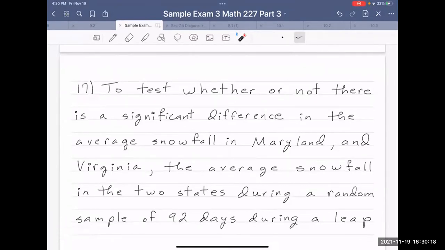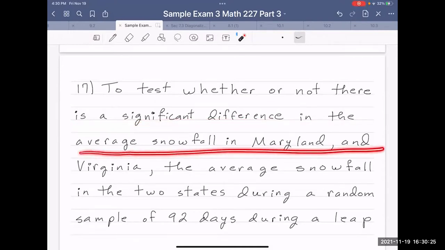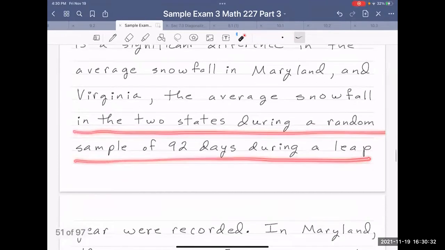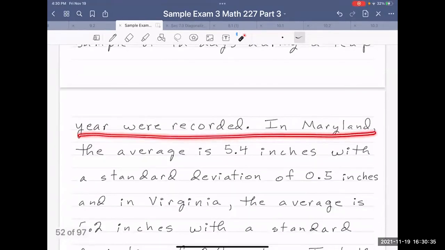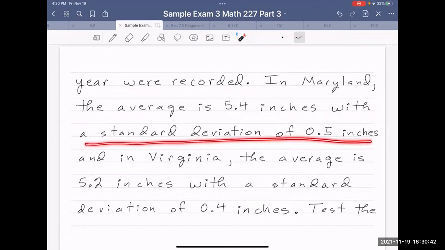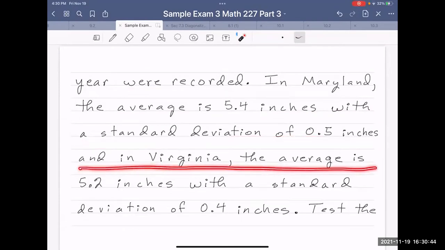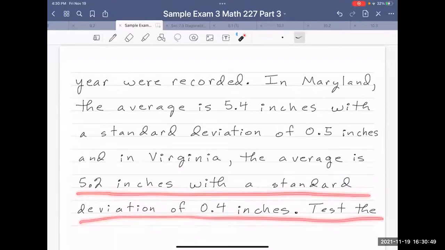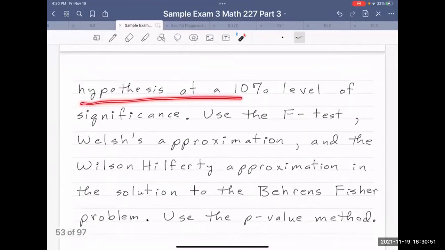17. To test whether or not there is a significant difference in the average snowfall in Maryland and Virginia, the average snowfall in the 2 states during a random sample of 92 days during a leap year were recorded. In Maryland, the average is 5.4 inches with a standard deviation of 0.5 inches. And in Virginia, the average is 5.2 inches with a standard deviation of 0.4 inches. Test the hypothesis of,